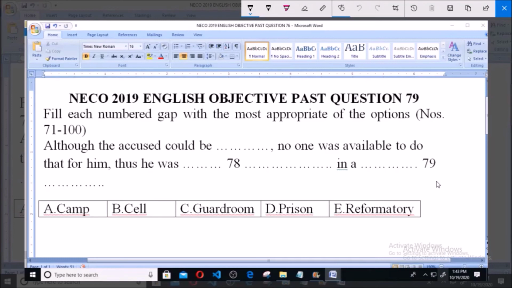And the instruction here says: fill each numbered gap with the most appropriate of the options. And this instruction is to answer questions from 71 to 100. And this is question number 79. And the statement says, although the accused could be, we have answered to say it could be bailed, no one was available to do that for him, thus he was